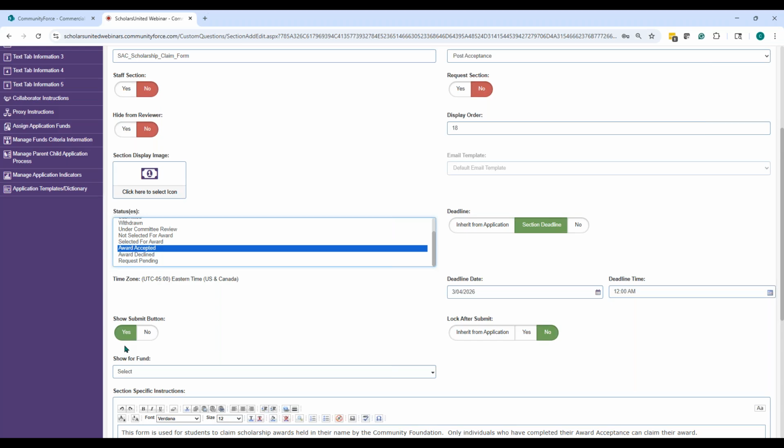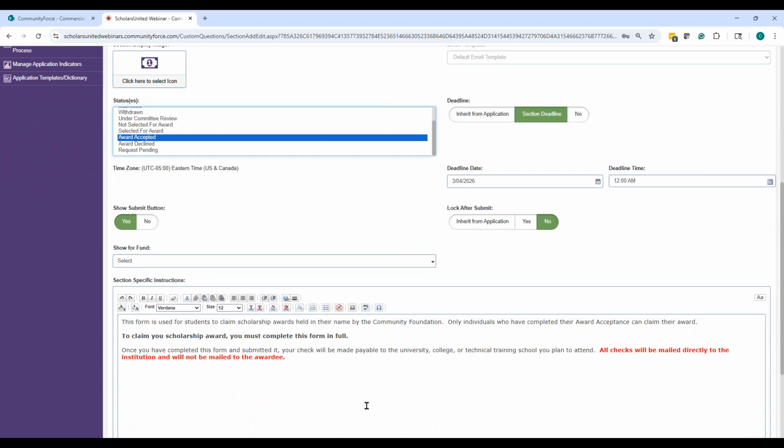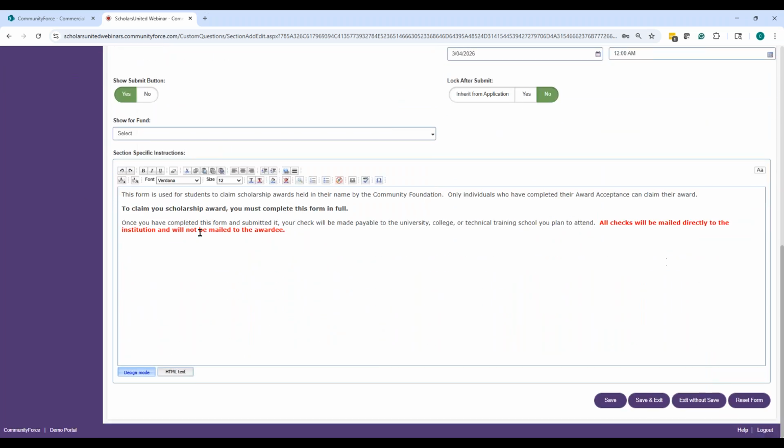Now on this one, you're going to notice I do have a submit button, because they're already at the award accepted status. There are no more statuses for me to identify when they've completed a section. So on this specific section, there does need to be a submit button. And it's very important you make this very bold, because they do forget to click submit. They're so used to completing the information and saving that they see that submit button and they just save. They bypass it. They save it, but then they don't submit it, so you don't know that they've completed it. That's why the submit button is here, and then make sure you put something to that effect in the instructions.